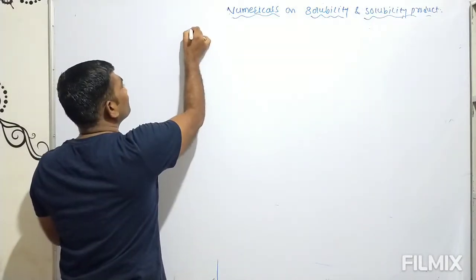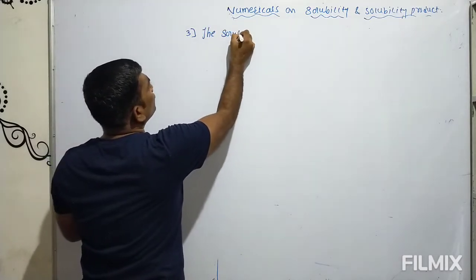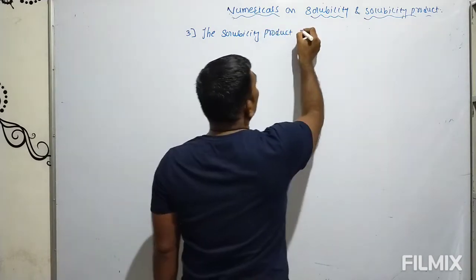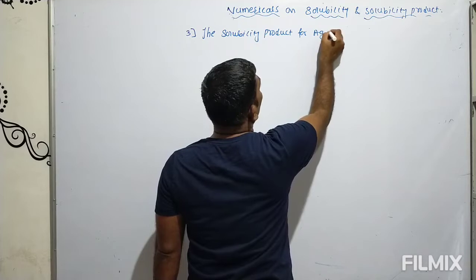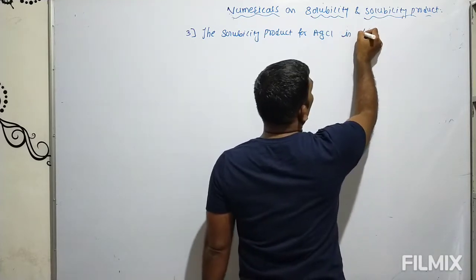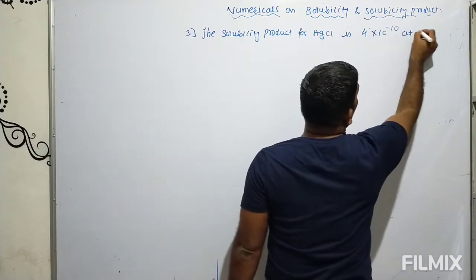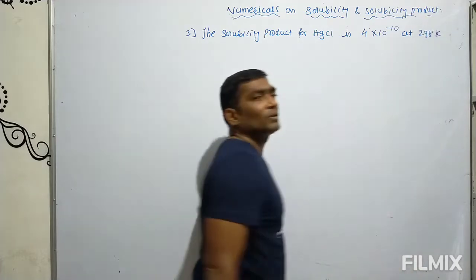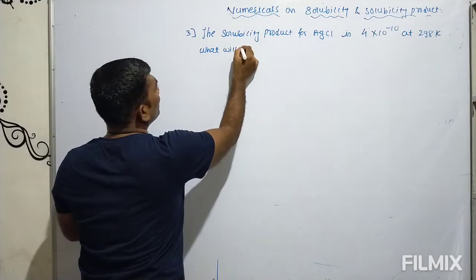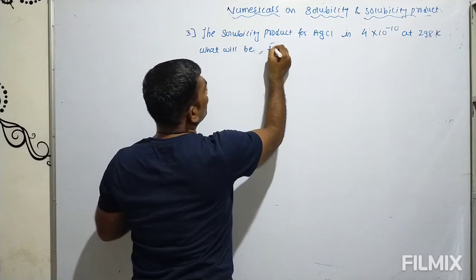So numerical number 3: the solubility product for AgCl is 4 into 10 to the power minus 10 at 298 Kelvin. What will be the solubility of AgCl